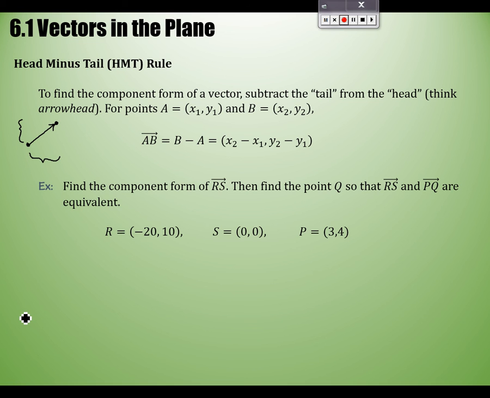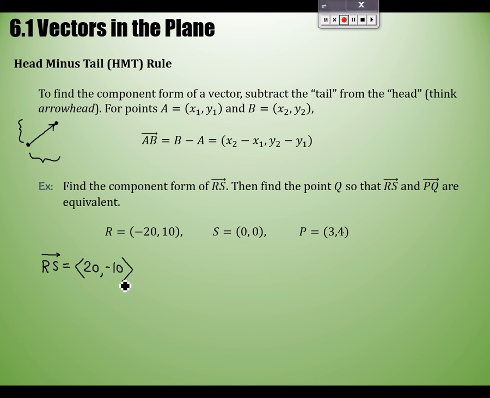Okay, so now let's turn our attention to this problem if we're ready. Before we do anything else and read the question any further, let's find the component form of this vector RS. I've given you two points, R and S. Can you write down the component form of RS? Careful, we're building a vector from R to S. So we're doing what? S minus R, right? Yeah, so what is it? 20, negative 10. Okay, now that we've passed that hurdle,